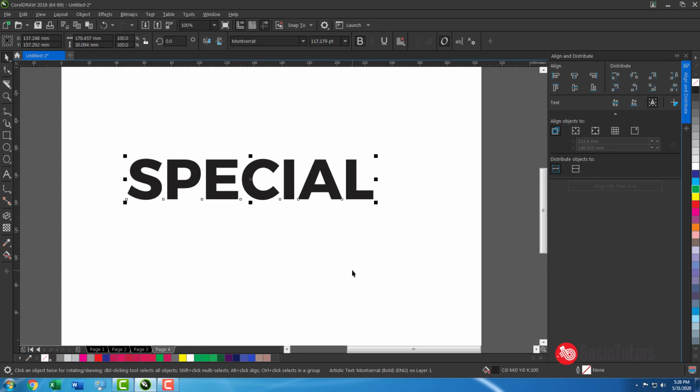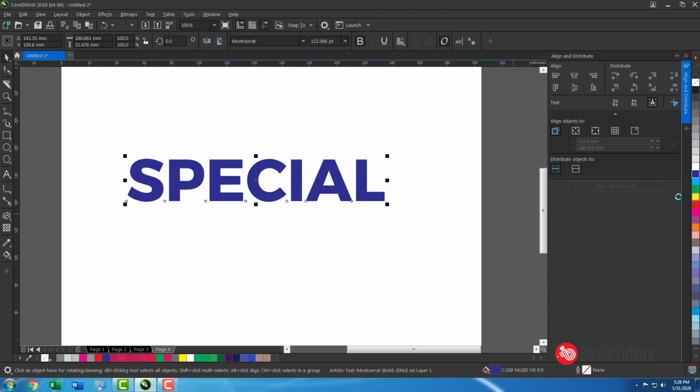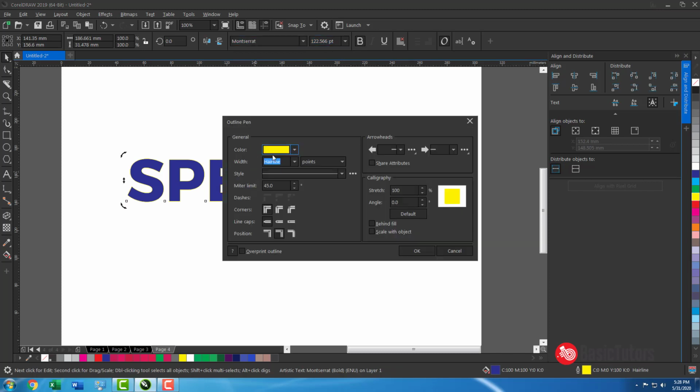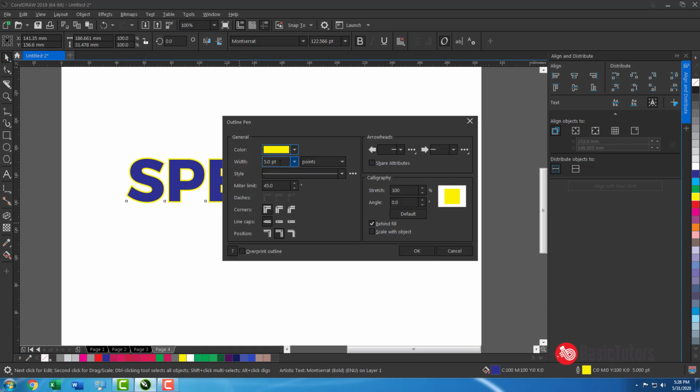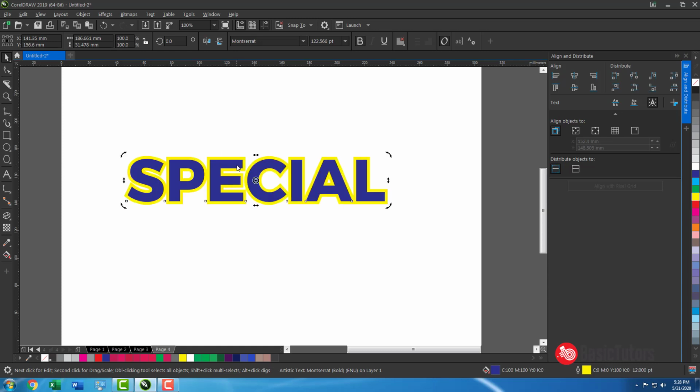I typed some text here and gave some outline here, with outline F12. Or maybe you can give a fill, and increase the outline more.